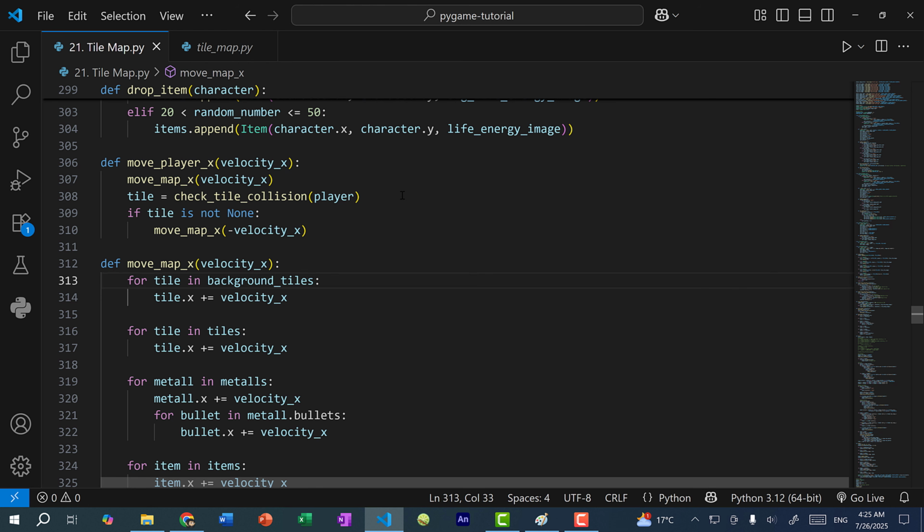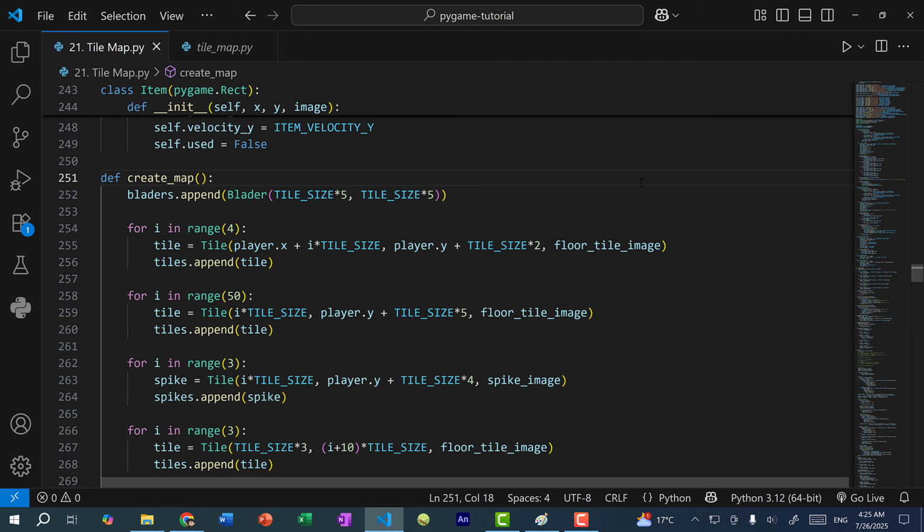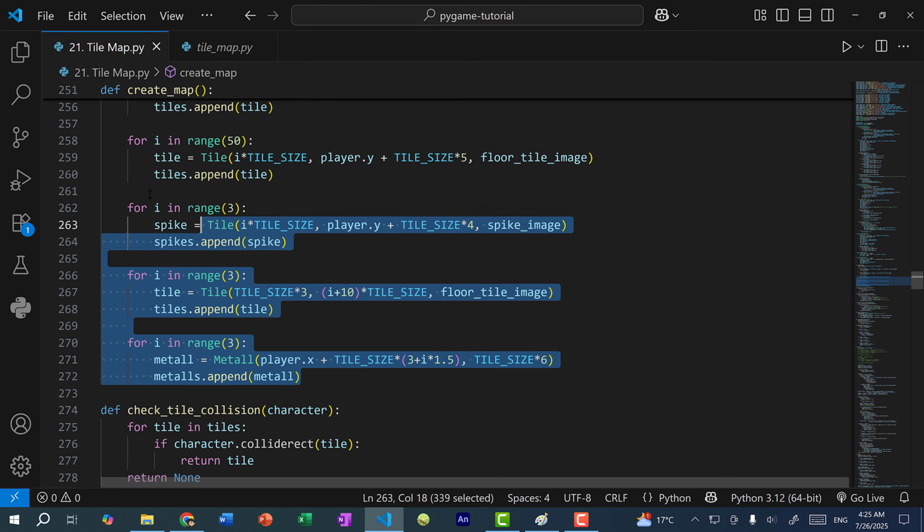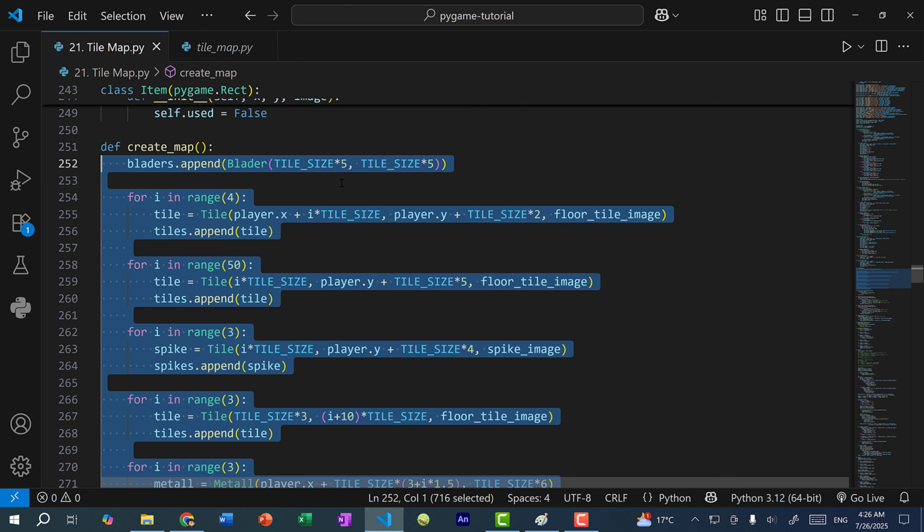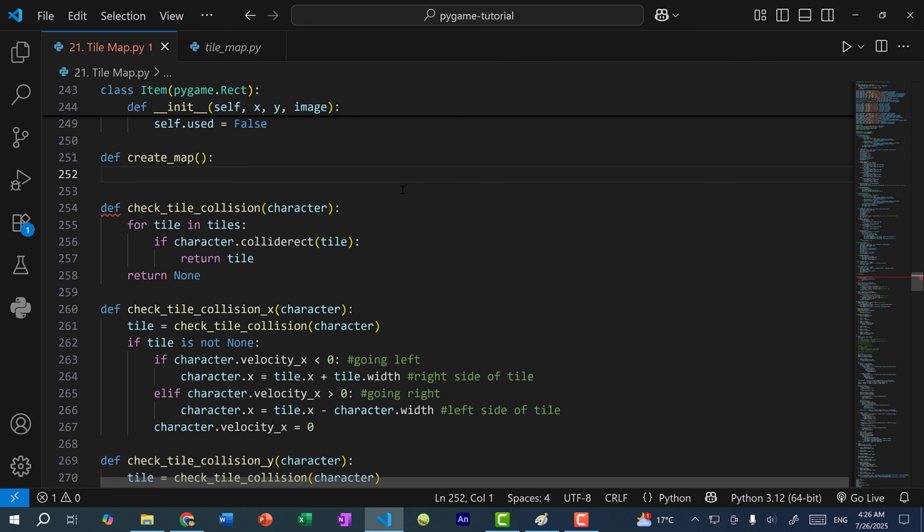Alright, so I think we have everything set up. Now let's go to our create map function. In our create map function, we have a bunch of for loops, and we're going to get rid of all of this code. So you can say goodbye to this code, which we've spent 20 lessons writing, and we're going to replace it